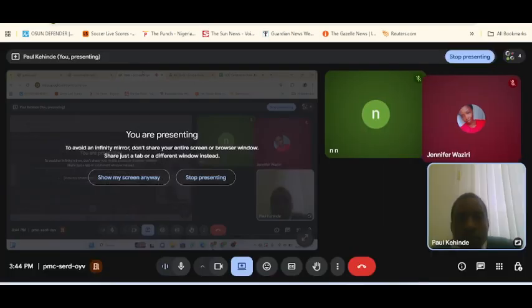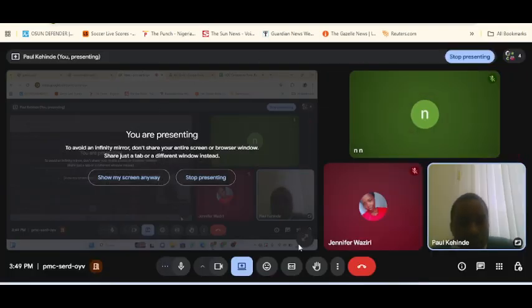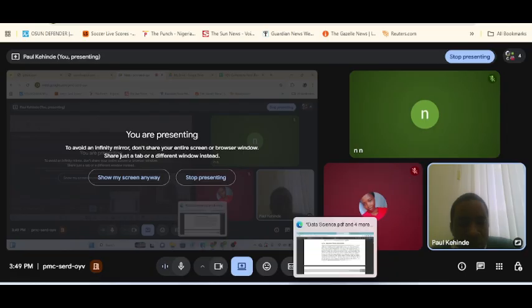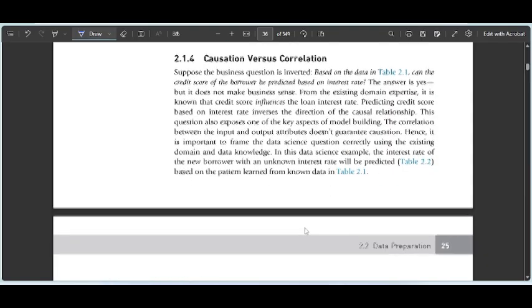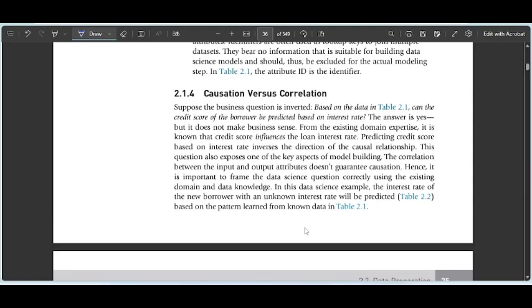So in the absence of any question, I believe it is clear to us. So let's quickly look at the other section, which is what? Causation and correlation. This aspect too is very important. So before you can start analyzing your data, you must try to ask some questions. What is the cause and how is this data related to what you are trying to find? So it is important